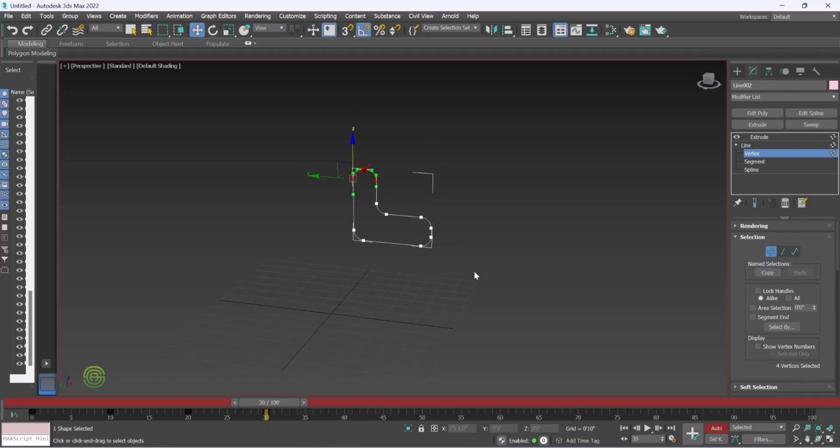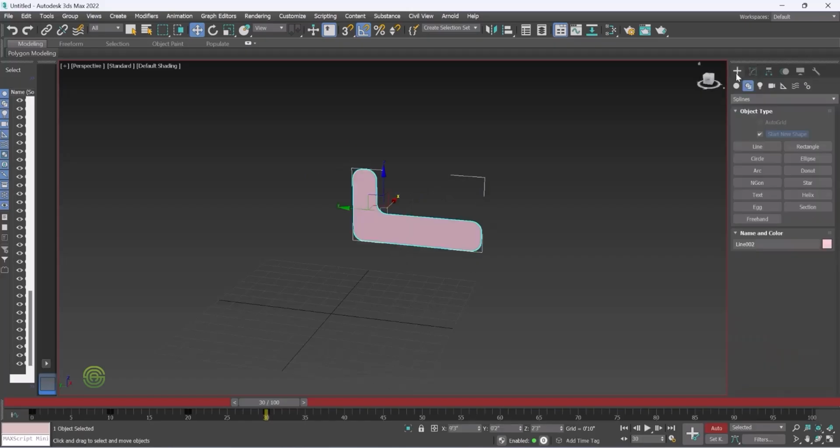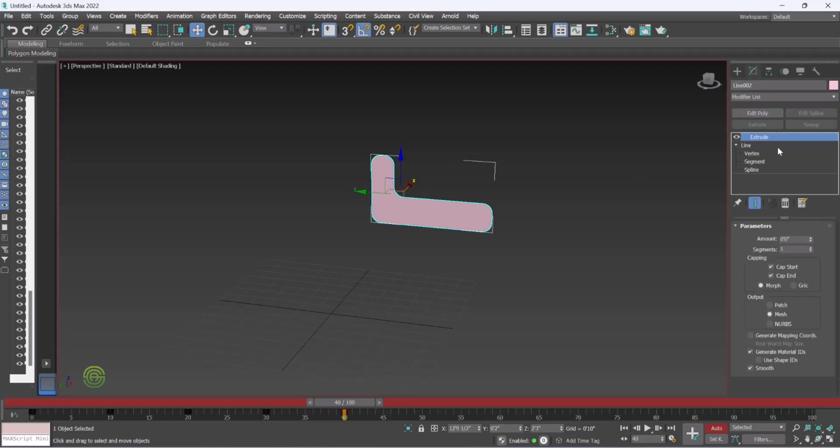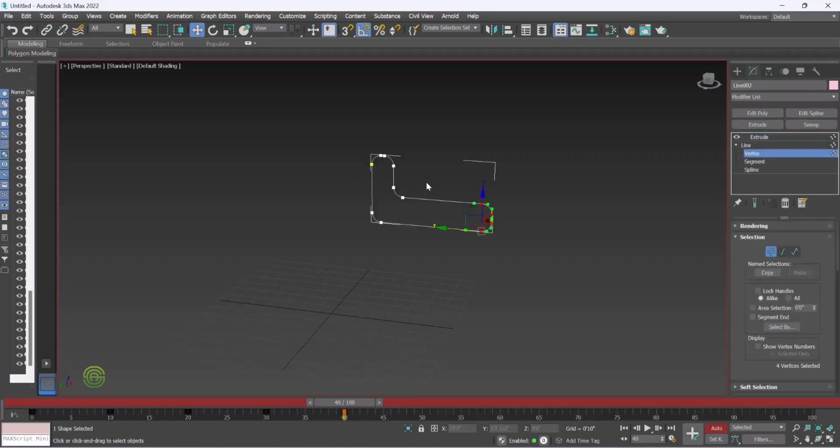Now reduce it, and increase. Now come out of it. Step 1, increase the time to 40. Step 2, move this object little bit. Step 3, click on vertex, change the shape, and again come out of it,